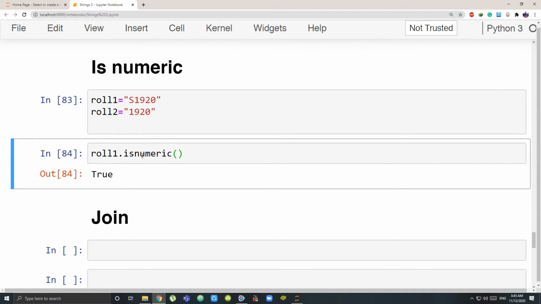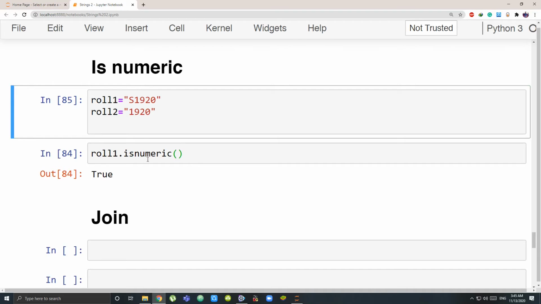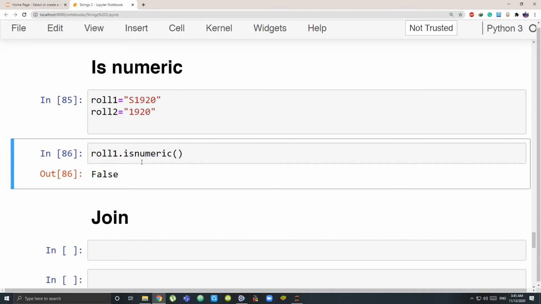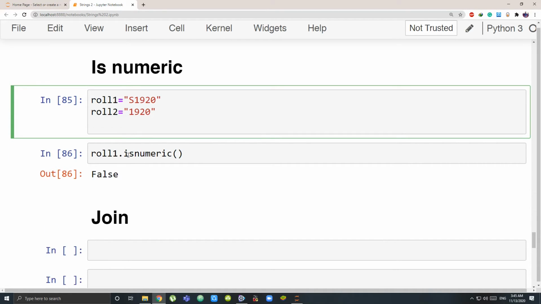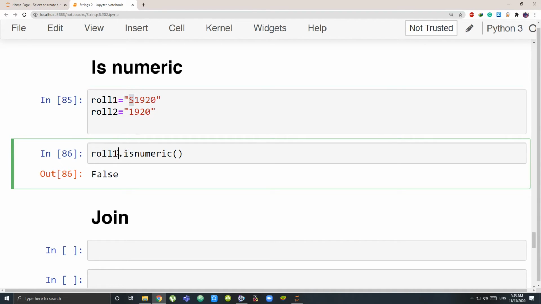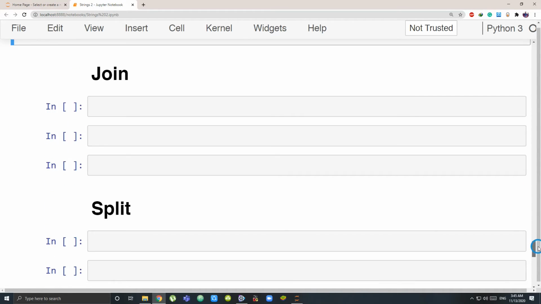It is telling me false, I didn't run it, I think. So roll1 is not completely numeric. There is a character, there is an S. So it's not a complete numeric string. Whereas in roll2, I expect it to be a numeric string, and it gives me true. It's a complete numeric string.